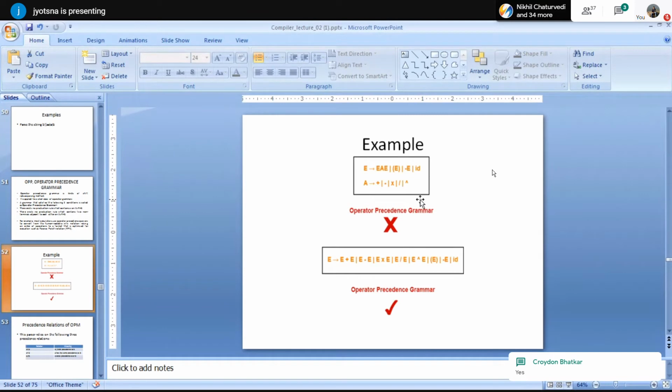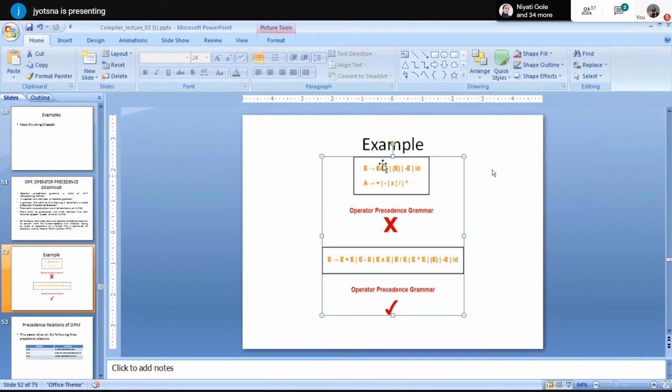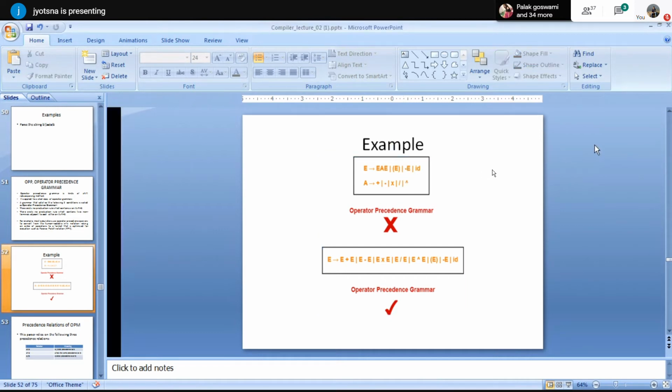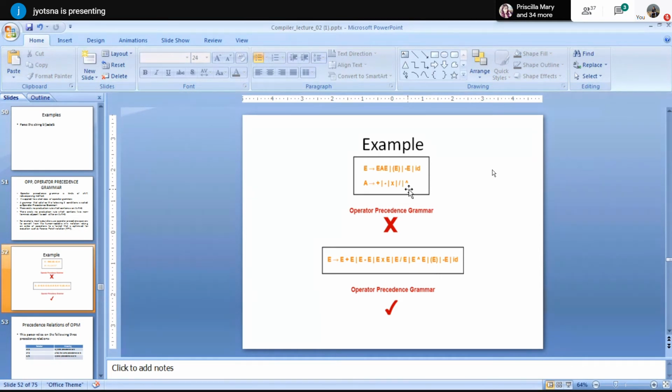As I've already given you the rules to test this, we have to look on the right hand side of this grammar and see whether we get a lambda symbol or an epsilon symbol. If you look at that box, there is no lambda or epsilon symbol on the right hand side of the given productions. So the first rule is satisfied. We look at the second rule. The second rule indicates that there should not be two non-terminals adjacent to each other.